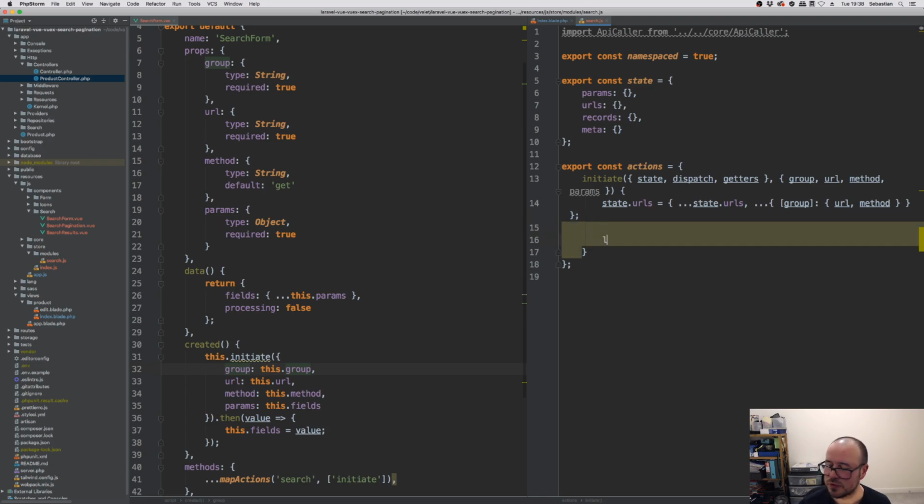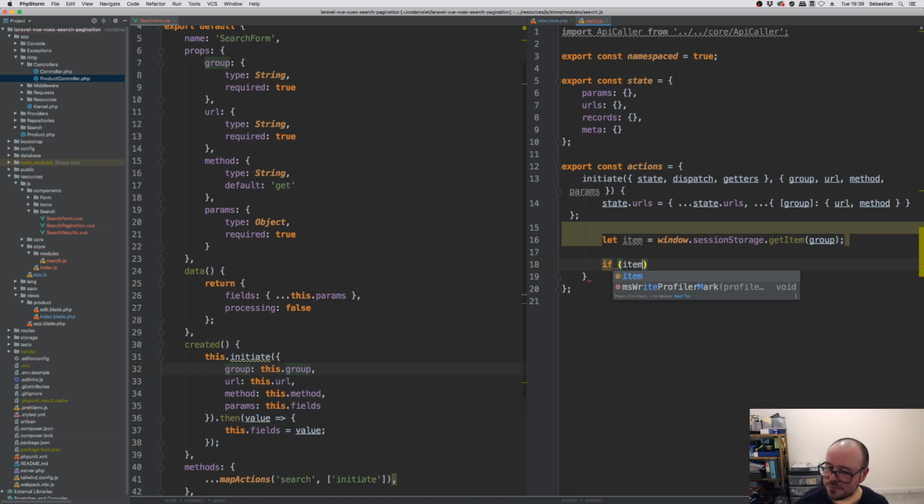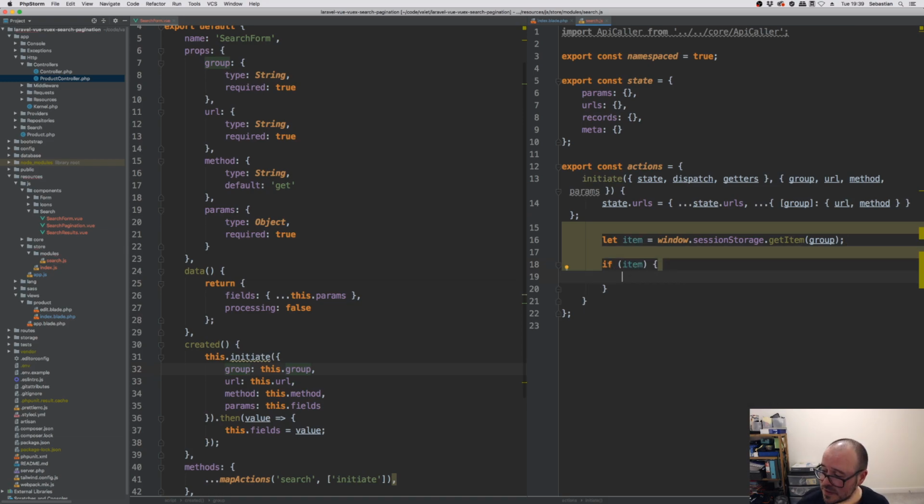The next thing we're going to do is create the variable let item equals, and we're going to use session storage. So let's use the global window object and session storage, and we're going to get item by group name, because we're going to be storing them indexed with a group name. So later on, if you go to another module, you'll have a different group name, and obviously you'll be able to fetch the relevant ones back to the store. And we check if item is not undefined,